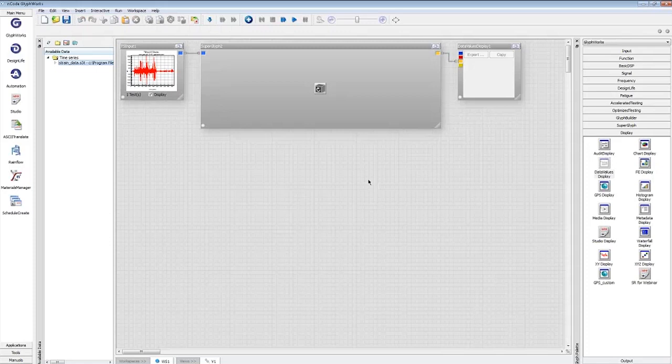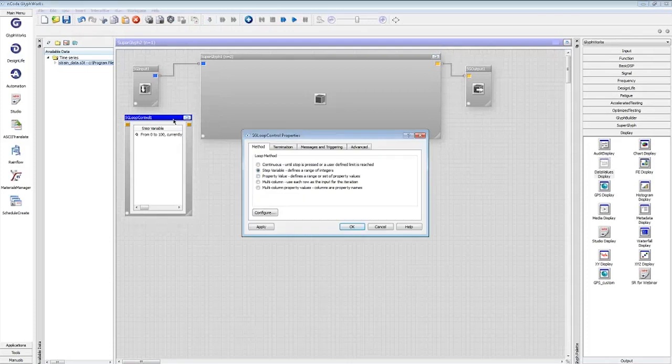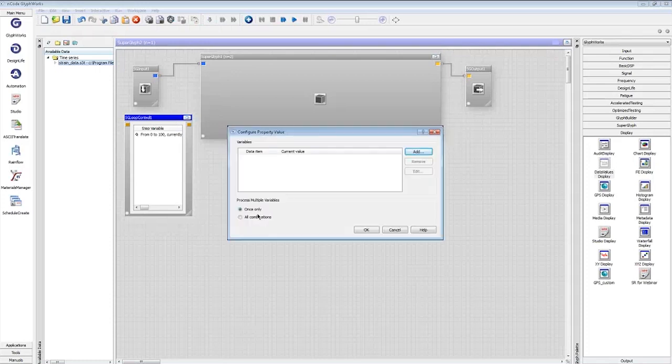So now I need to go configure how that loop runs. I'm going to go into my SuperGlyph, and here's the loop controller. I'm going to access the properties of the loop controller. I'm going to change the loop method to property value. I will click on the configure button,